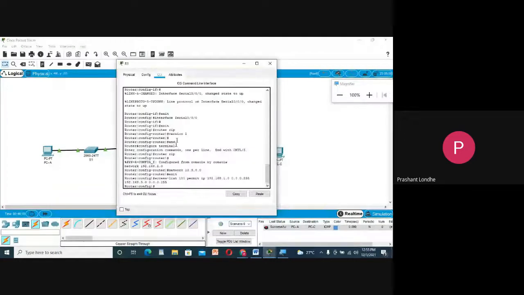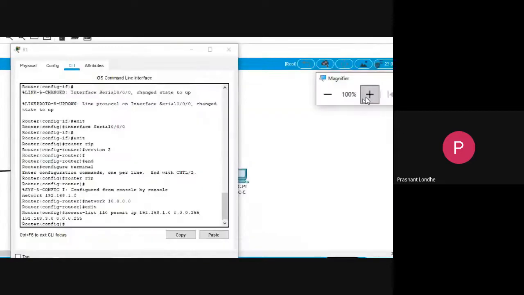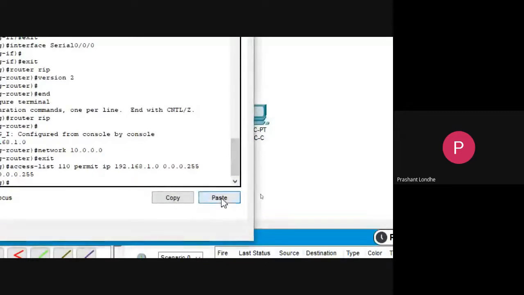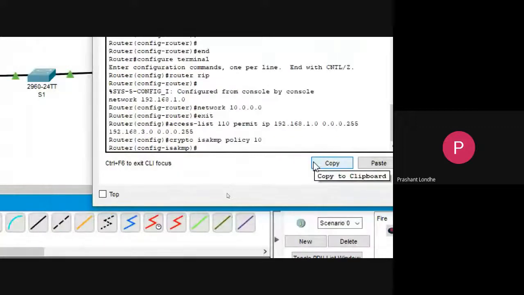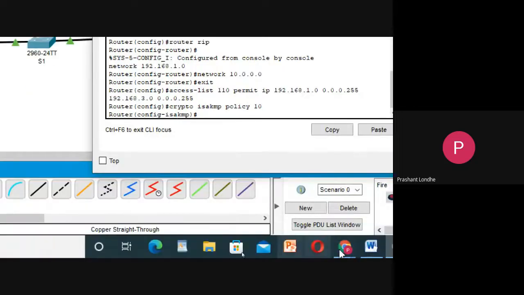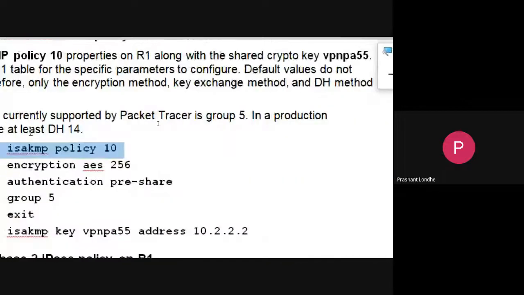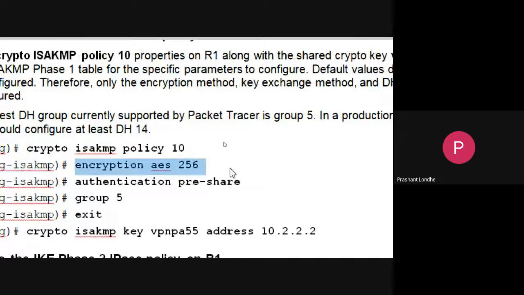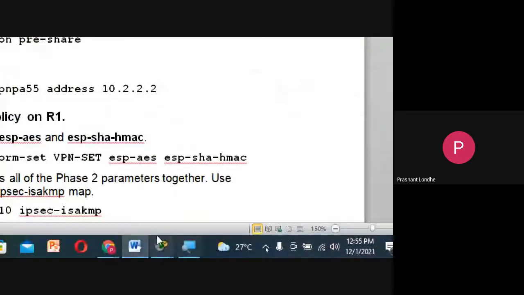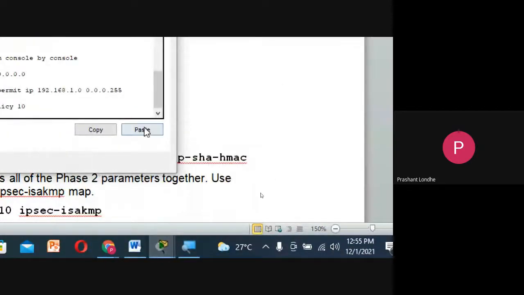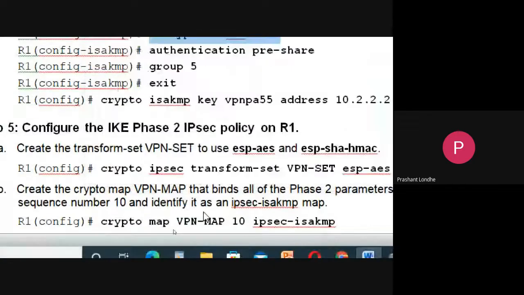Let me go to the R1 CLI. I will just paste. So I'm going inside, which means the crypto command is available because I have accepted that particular end user agreement. Then encryption AES 256. Accepted.